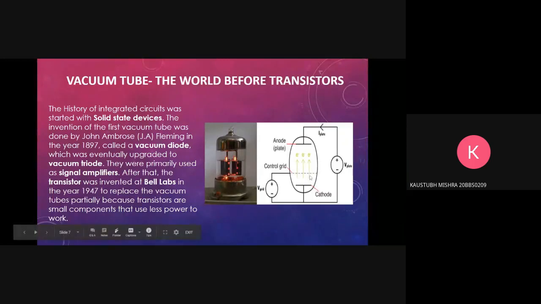To control the current in this big circuit, we use this smaller circuit called the control grid. What this control grid does is, you can see the small plate with pores, right? If we apply a voltage to this small plate, it has a negative charge now. So naturally, negative repels negative.